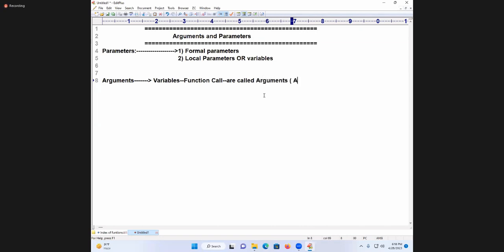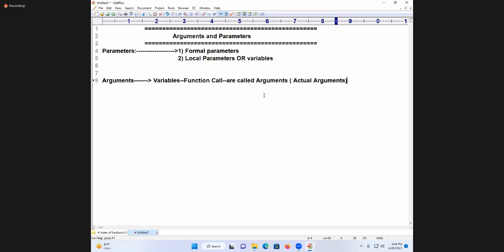Arguments can also be called actual arguments. Some people who come from a C background also call them actual arguments or actual parameters. So students, all of you must understand from now onwards: arguments are the variables used in the function call.